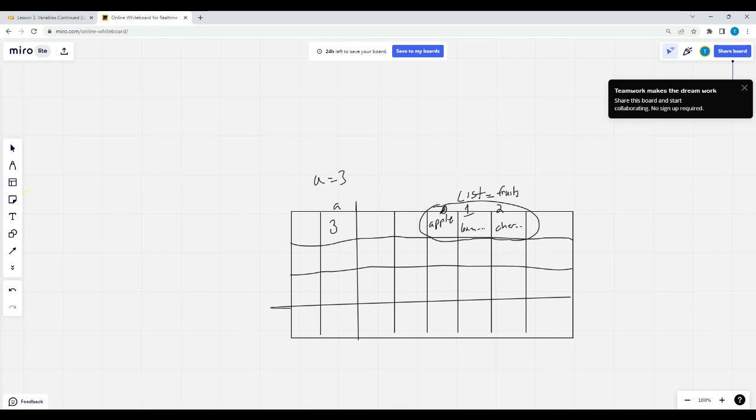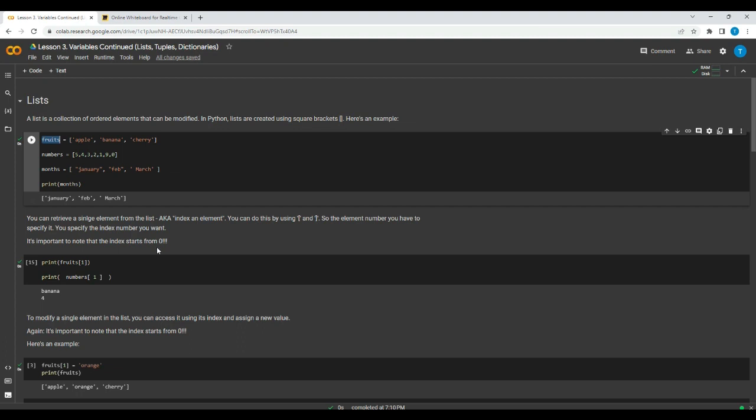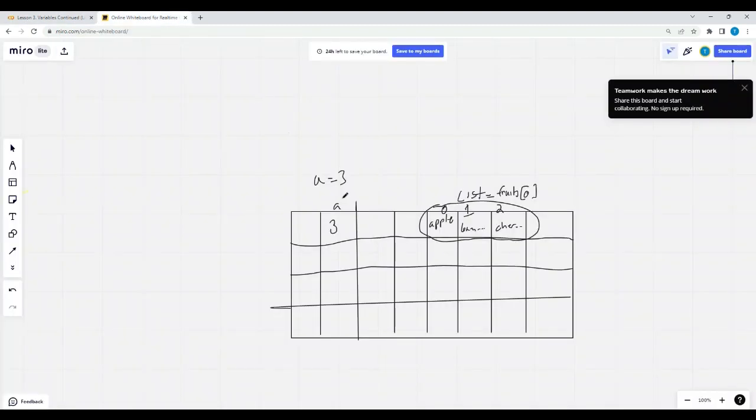So when I do fruits sub 0, it's saying, hey, this is my memory, this is the fruits section, right? This variable, this object, this data here is my fruits list. And when I do fruits sub 0, I'm saying go to fruits in my memory. Okay, I'm in my fruits. And then from there, 0 is the index, so I'm getting apple out. And so now if we want to assign, remember last time we can also say A equals 3, B equals 4, right? Months equals this. So now months is a section in memory, and it's maybe this section here, and it's got January, February, March,